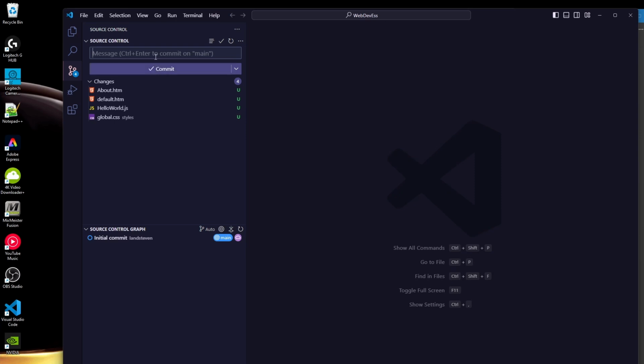Watch what's going to happen. It's going to kind of automate using Git for us visually, which VS Code is great at. So for the message, I want to put something in like what are these files that we're committing into the project. So I'm just going to say for this message we added